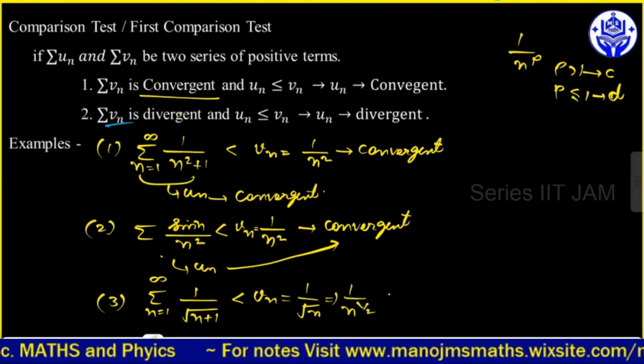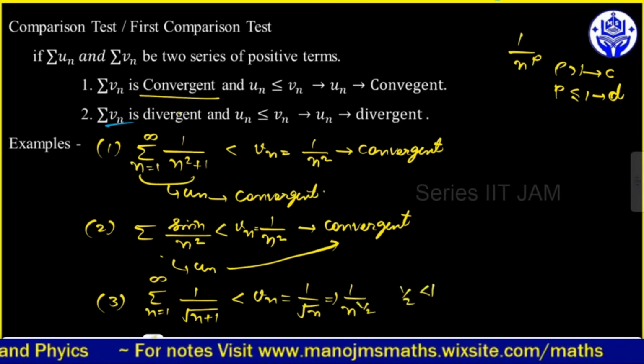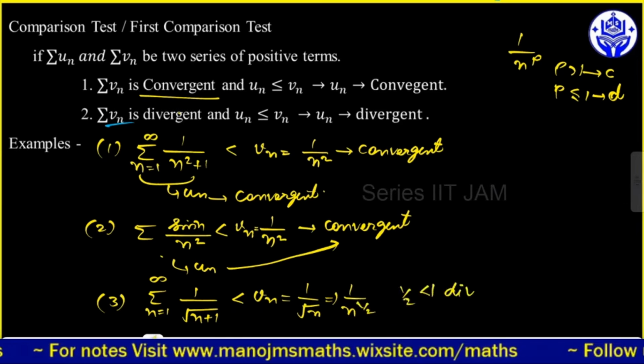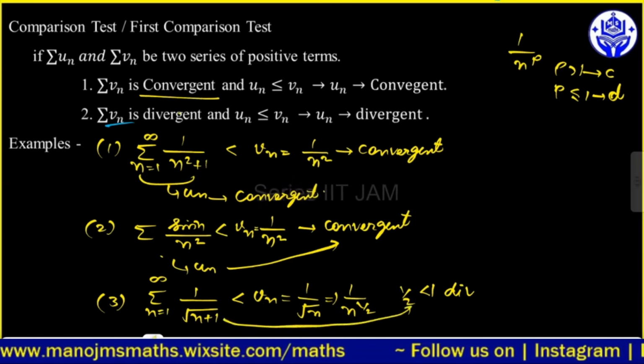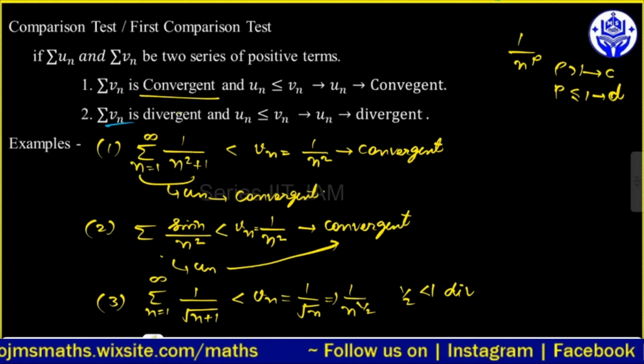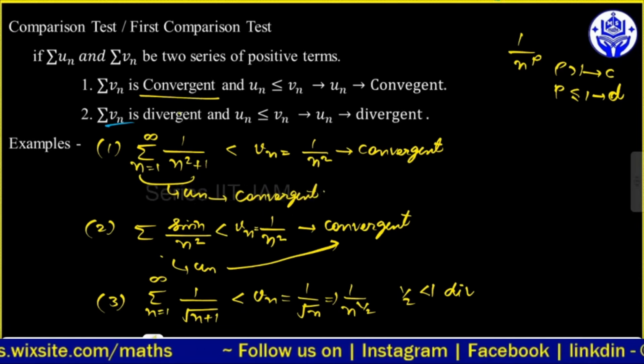है, n पावर 1/2, और 1/2 जो होता है वो लेस देन 1 होता है। सो यार क्या कहेंगे, ये डाइवर्जेंट है, तो ये वाली सीरीज भी कैसी होगी, डाइवर्जेंट होगी। इस टाइप से हम इसकी कन्वर्जेंसी और डाइवर्जेंसी को चेक कर सकते हैं। ओके, एक और सिंपल सा एग्जांपल है, हम इसको आगे थोड़ा सा समझ सकते हैं।